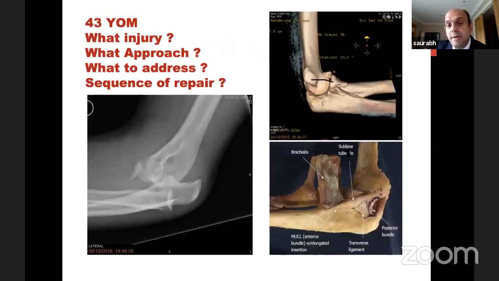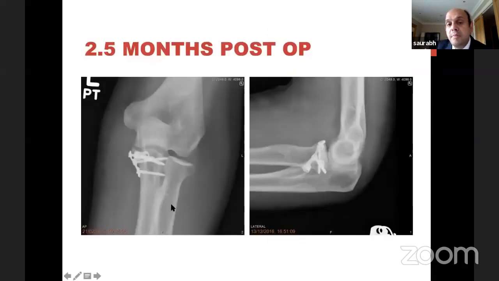So if I take you back, I've addressed this bone, and since I've approached medially, I have addressed my capsule medially. Then what remains is, the radial head is already intact, so what remains is my lateral ligament. Obviously in this case, I've not put an anchor. I would have done a drill, or sometimes you can use all-suture anchors, so you will not see them in x-rays. I've addressed that. And then of course you do your posterior sag, which will be negative, and you're fine.